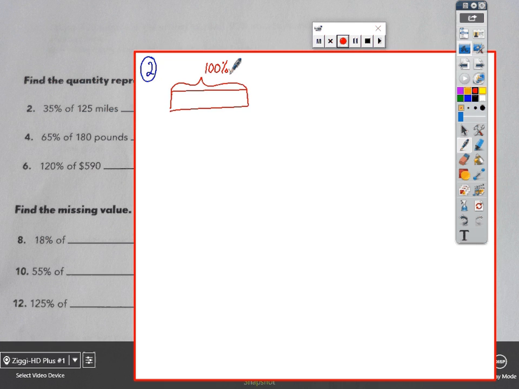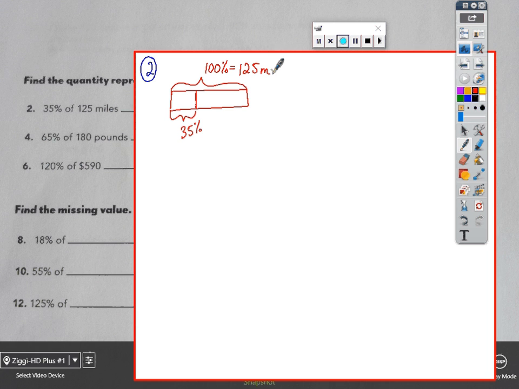And now I'm ready to dig into the problem and see if there's some more information to help me label. Number 2, 35%. Oh, there's a percent, and it's smaller than 100%. So I'm going to grab a smaller portion of my bar model and label it 35%. Then it goes on to say of 125 miles. Oh, there's that of. They're talking about of the total. So 100% is the same as